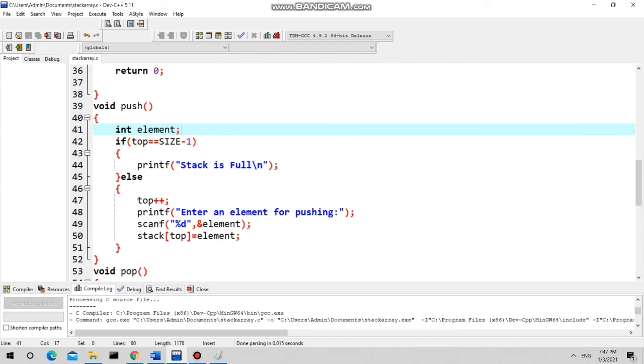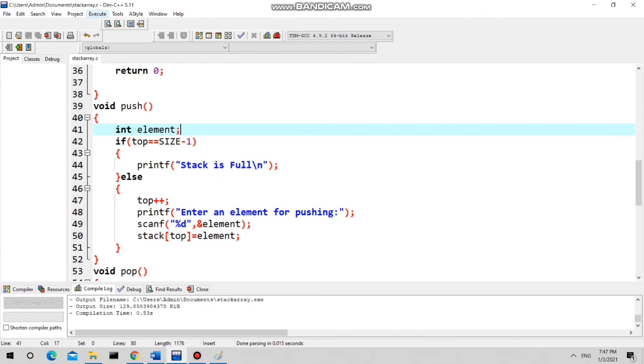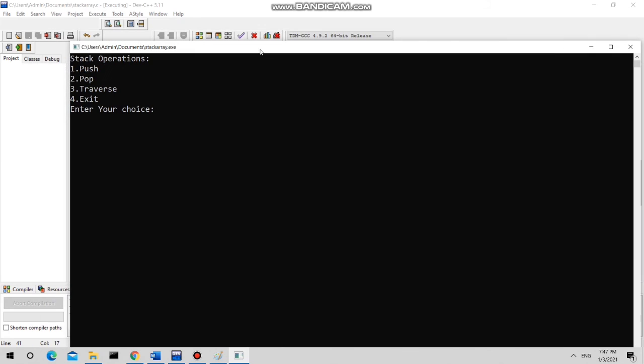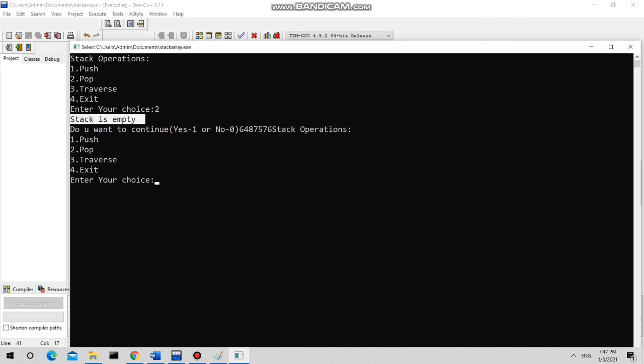Compile one more time because I have made the changes. Okay, and now run this. So see, this output user will get at first, and if I am trying to perform the pop, I'm getting this message, stack is empty. Do you want to continue?